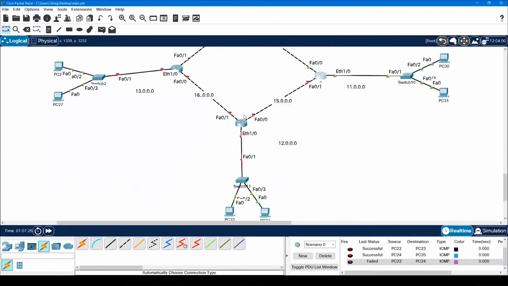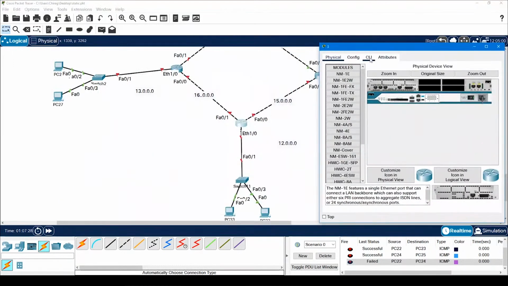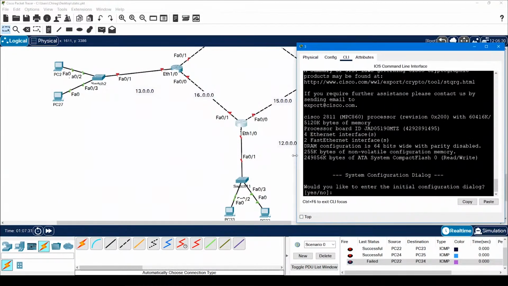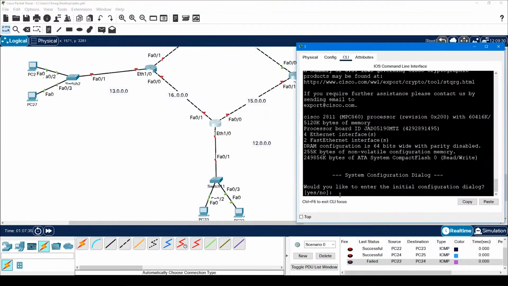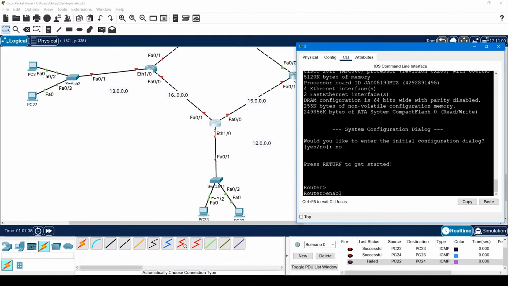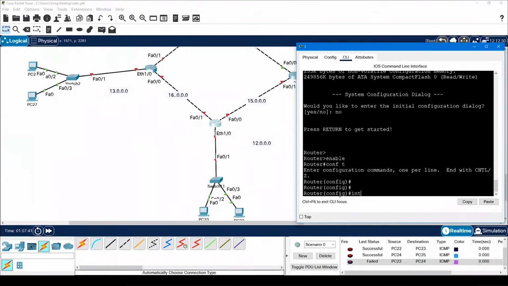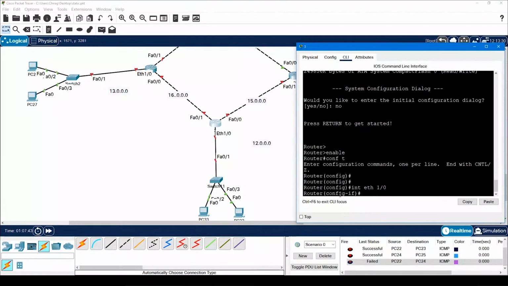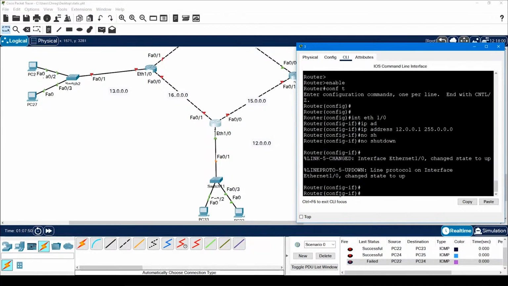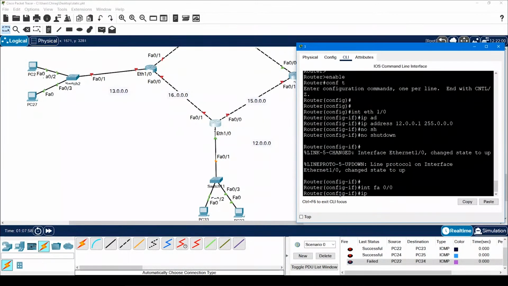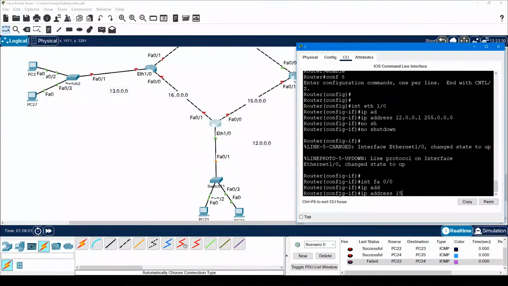Done, and we will now move to router number 3. We'll say no, enable, configure terminal, interface Ethernet 1/0, IP address 12.0.0.1. Then interface FA0/0, IP address